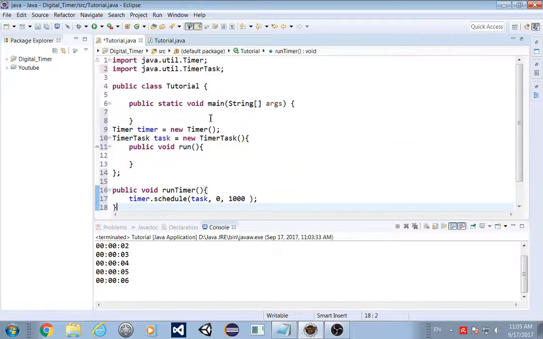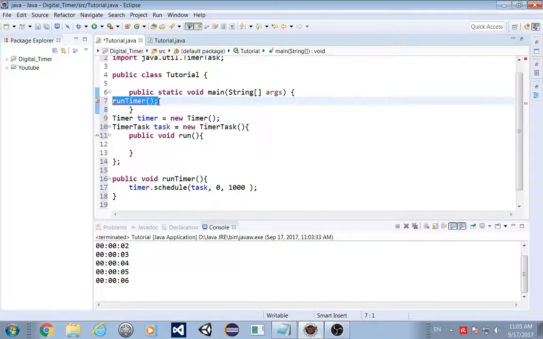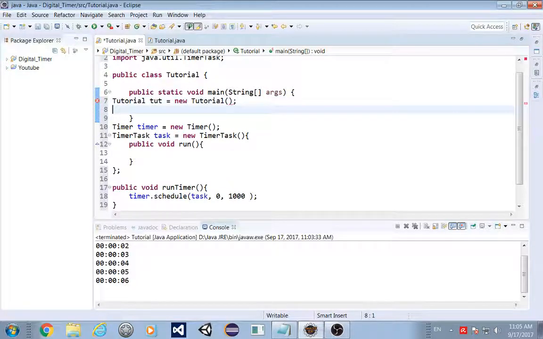So now if I call this function here, runTimer, I need to make an instance of this class first. Tutorial equals new Tutorial, then call that function.